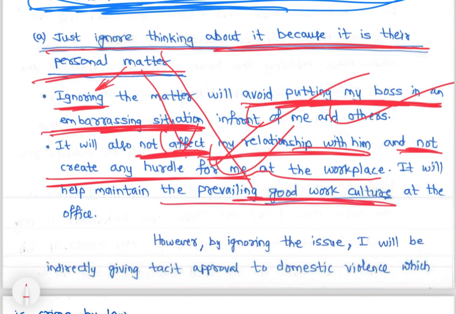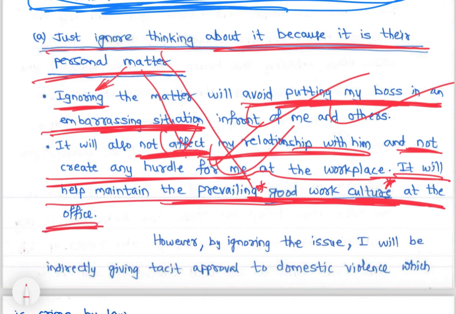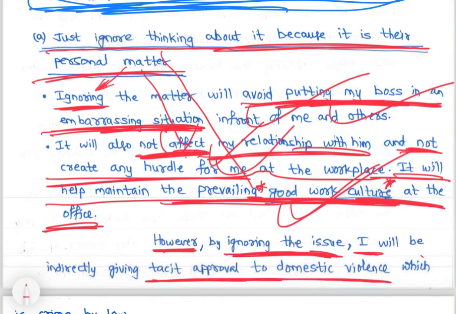See again, look at the words I am using. ठीक है, work culture is a syllabus topic in section A, right? So it will help maintain the prevailing good work culture at the office, because we have seen office में अभी चीजें अच्छा है, right? Because your officer is respected, right? He knows how to work, so prevailing good work culture ensure करेगी. ठीक है, and demerits are however by ignoring the issue I will be indirectly giving tacit approval to the domestic